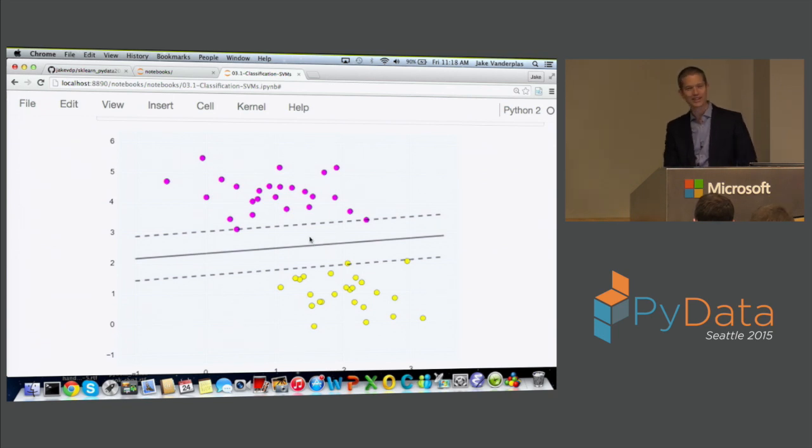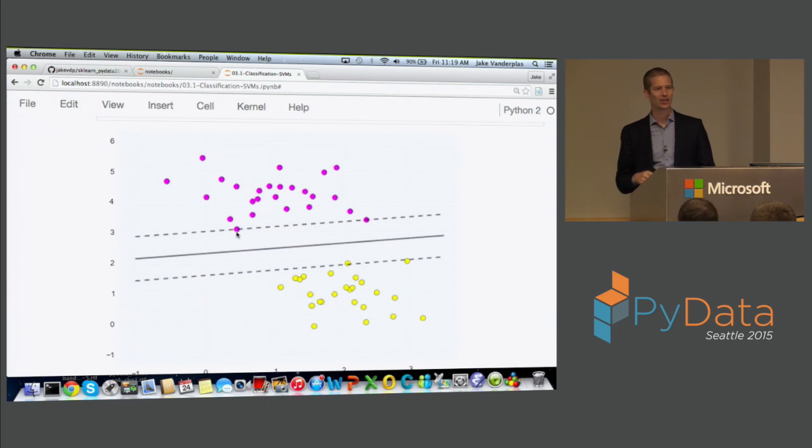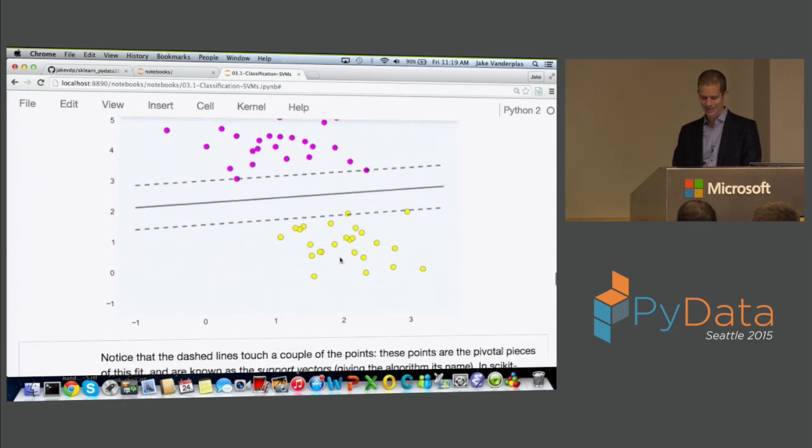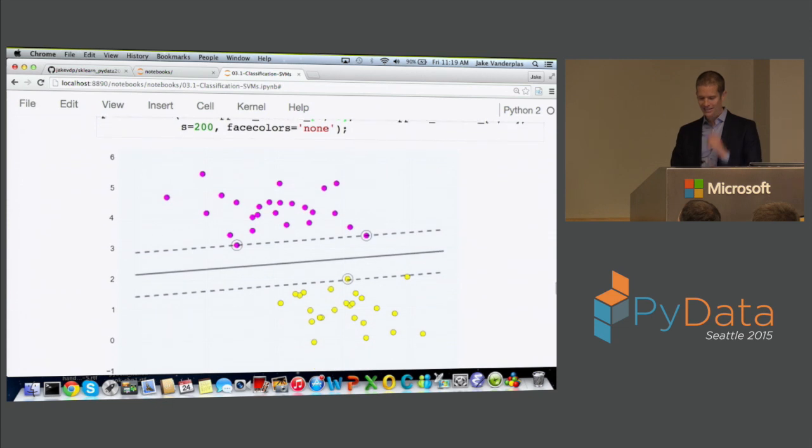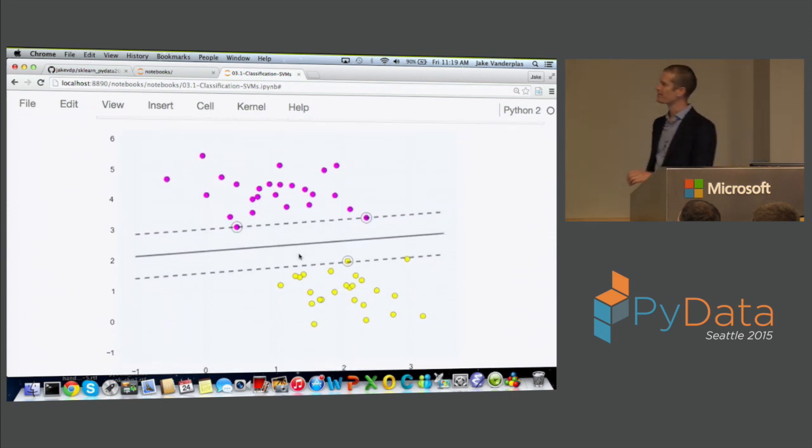And the thing that's interesting about these is that support vector machines, and this is actually one of the reasons that it's so powerful, don't really care about the data set as a whole. It only really cares about these interior points that are right near the middle. And these interior points are where this algorithm gets its name, support vector machines. These interior points are called support vectors because they're like vectors in space, and they're the ones that actually support